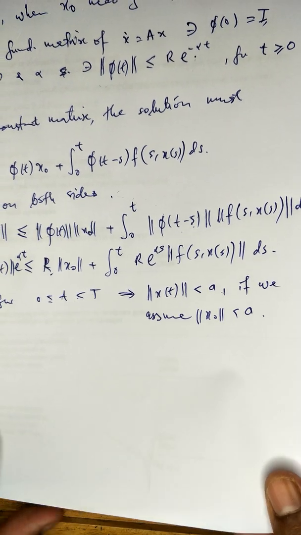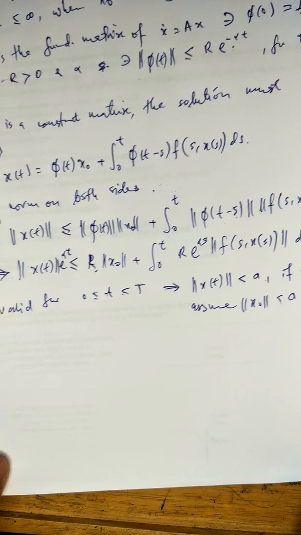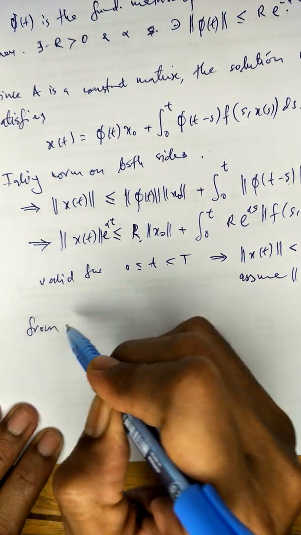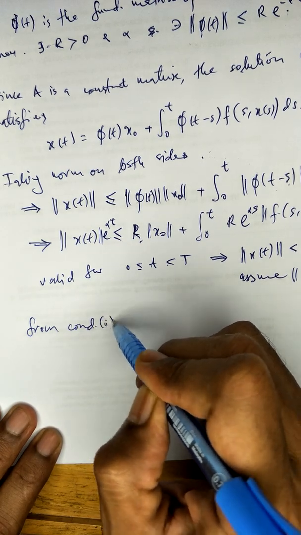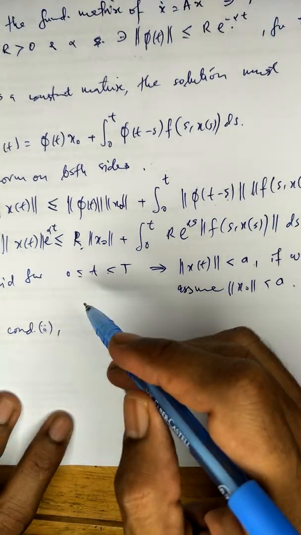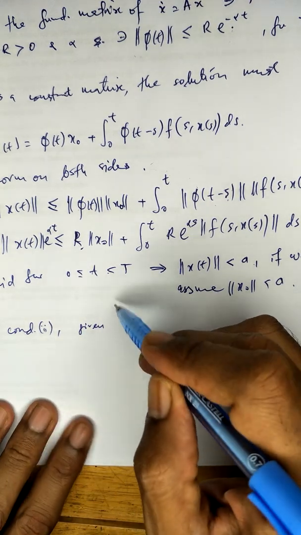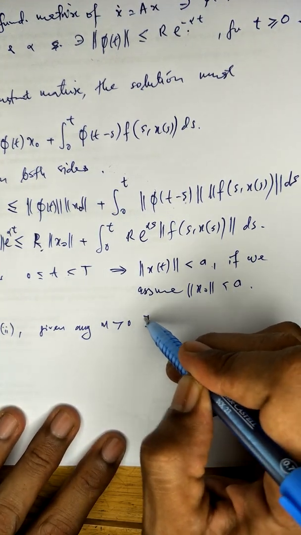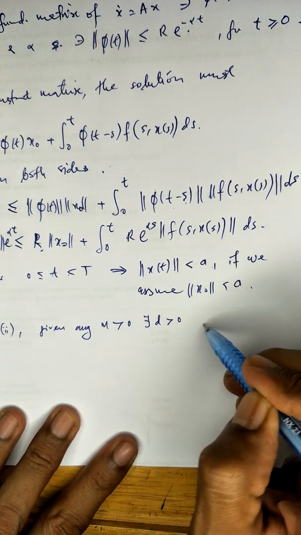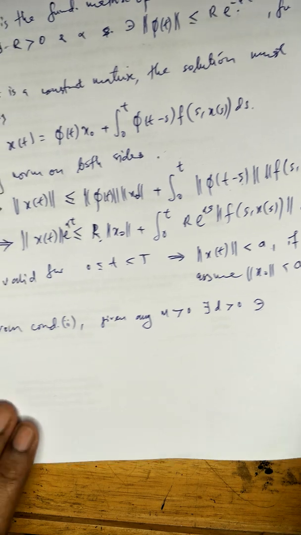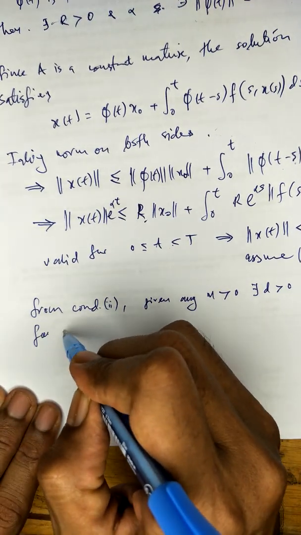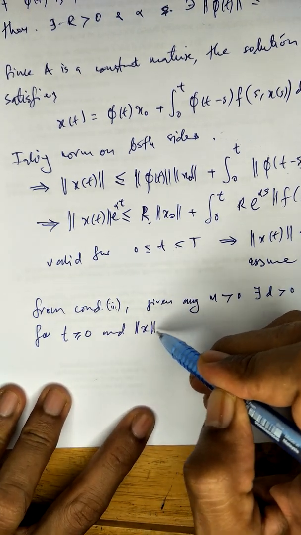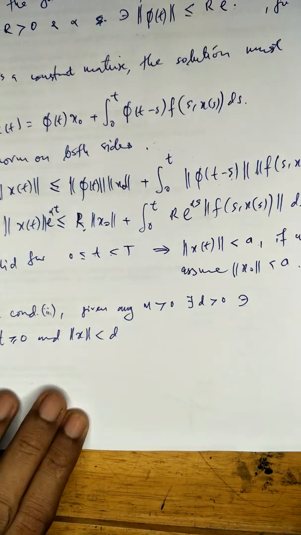Okay, so from condition 2, where the limit tends to 0, you can use the definition of limits. From condition 2, given any m positive, we can find d positive such that for t positive and norm of x less than that number d, we have